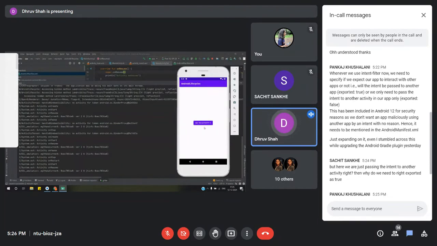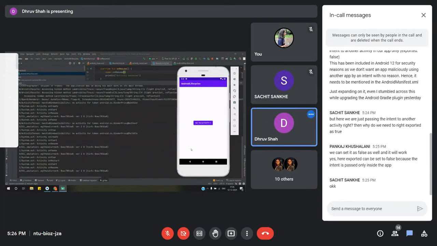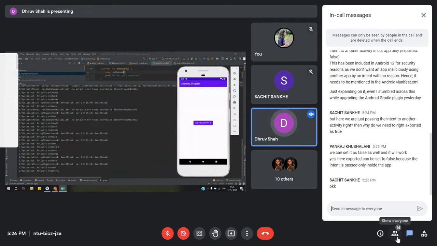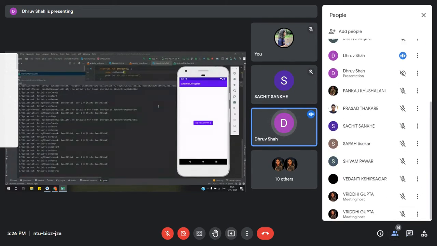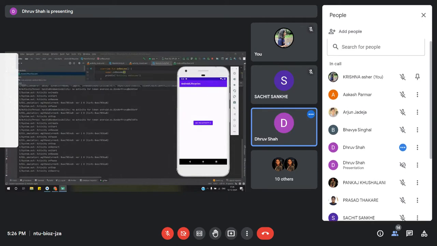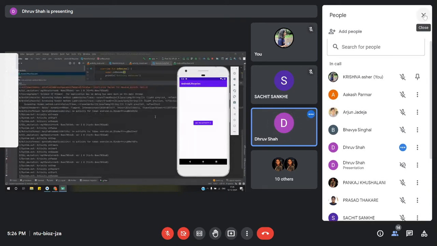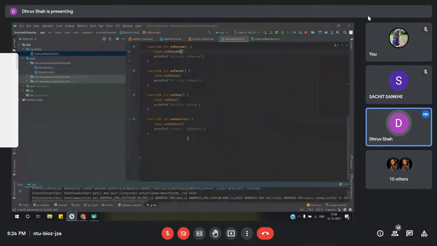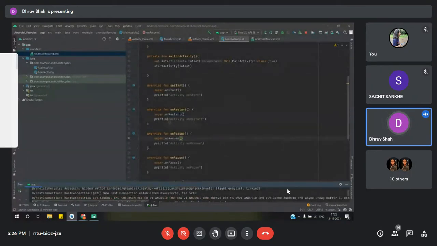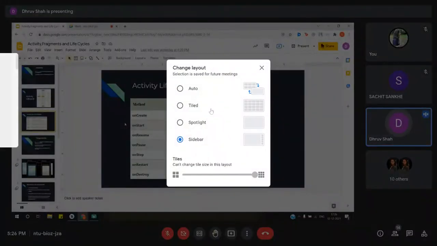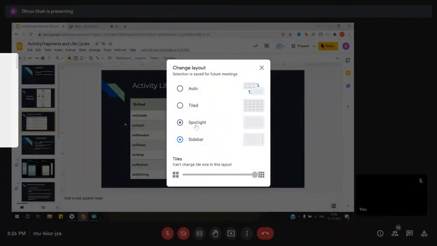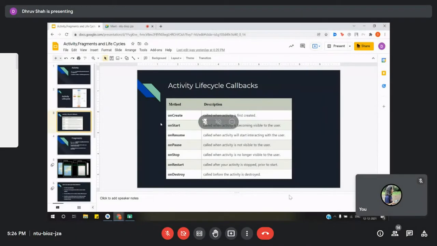Another interesting case is when you click on the back button in here. This time you see the onDestroy method is called, which was not called previously. I'll explain at the end of the lecture why this is happening. Okay, so I think I've explained all the methods and it has covered everything. This next slide is basically the accumulation of all the methods, just for your reference.